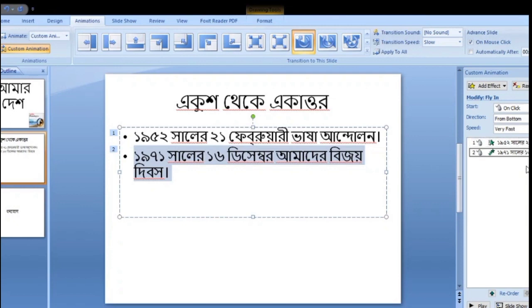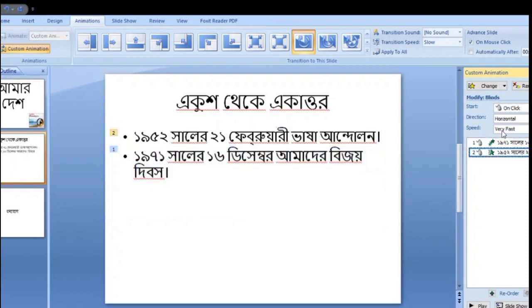In order to remove an animation from a specific text box, select it and click the Remove button. Suppose here I add another animation, emphasis, and choose the brush color.